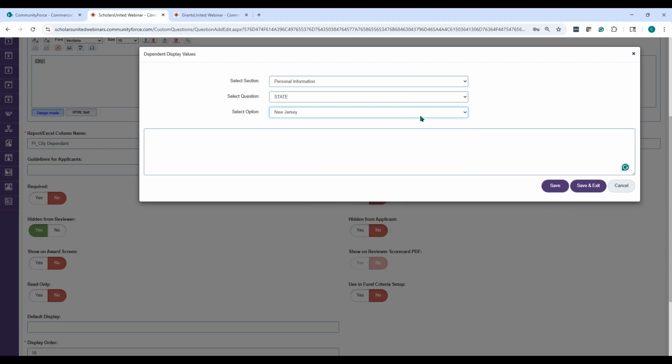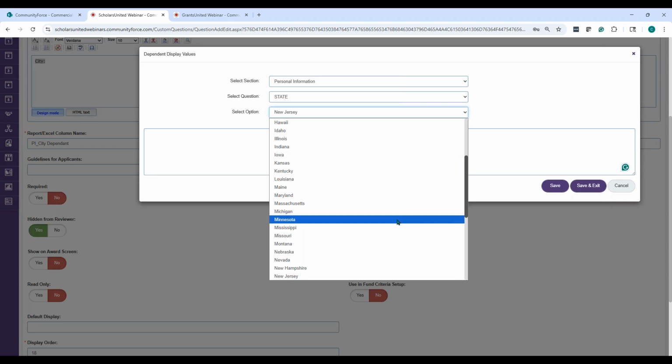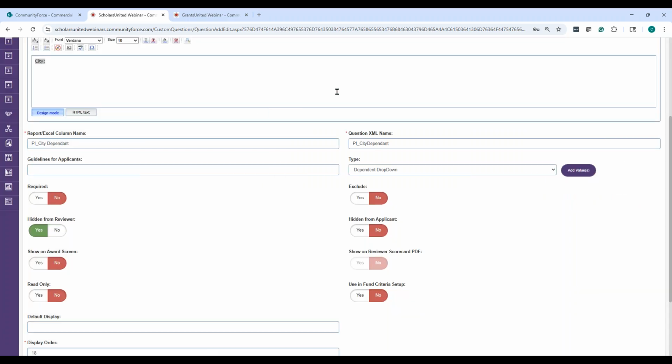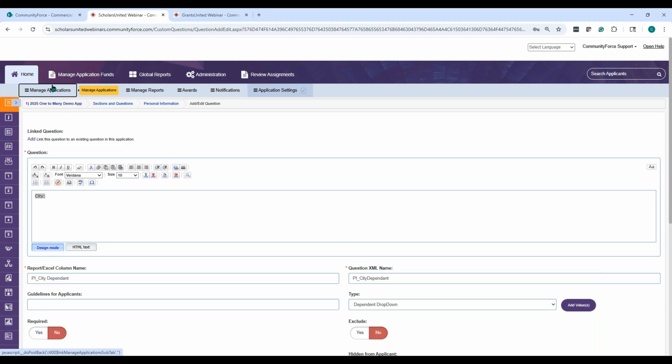New Jersey, I haven't done yet, and then you want to do that for every single one of your states so that they can make a selection for that specific field. So that is the dependent drop-down question type. And then of course, when the applicant's filling out the application, completing it,